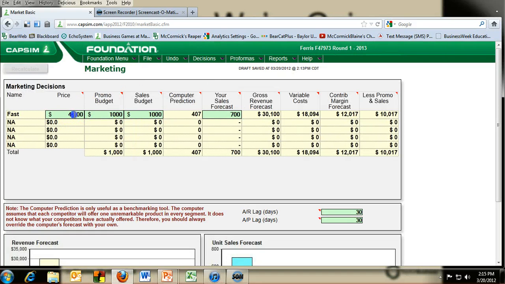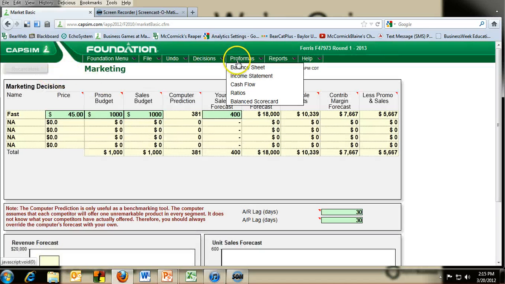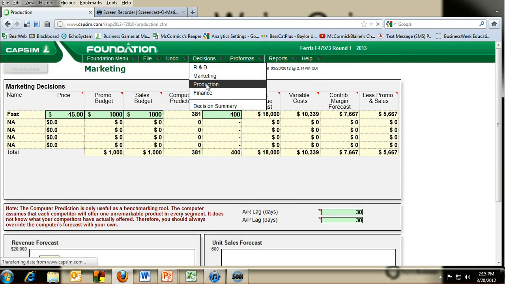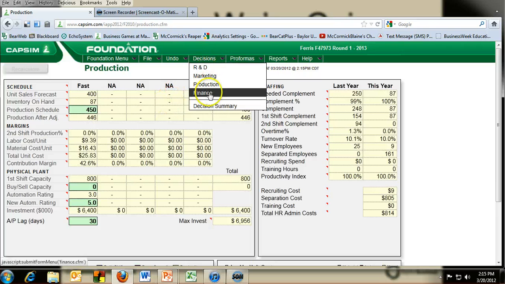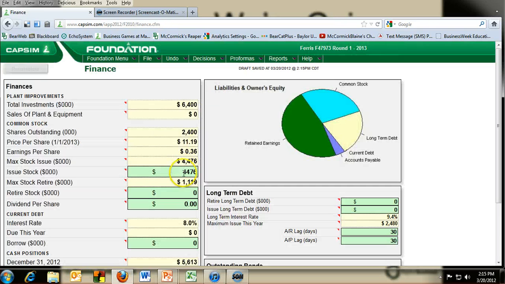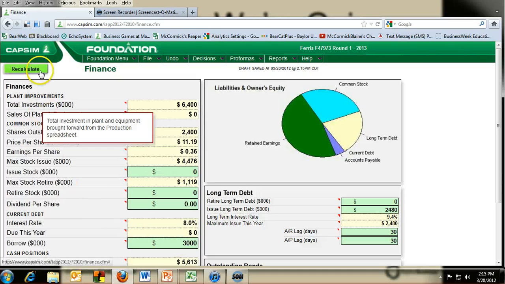Let's say I raise my price. Instead of lowering my price, I'm going to raise my price but lower my sales forecast and try to be a little less ambitious, a little more conservative. I'll lower my production. I'll make a bit less there, but I'll still do the automation. And then instead of financing everything through stock, I'll finance everything through long-term debt. And then I'll also take out a little current debt just in case I need it. I usually like to take out a little current debt each round, so I'll take out $3 million in current